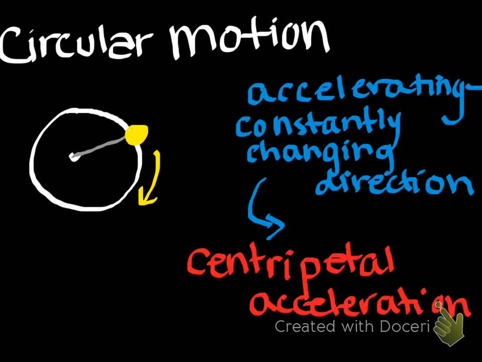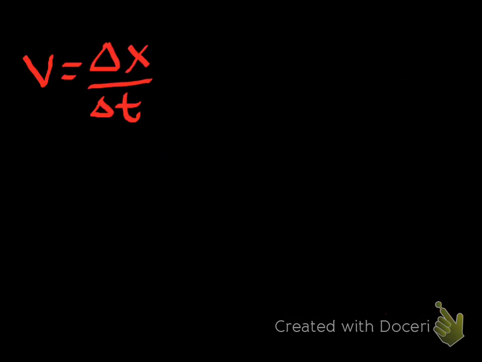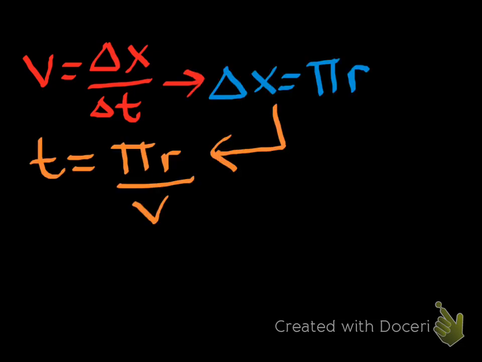There are two ways or equations to find the centripetal acceleration of an object. Now let's develop the first equation. Because we know that velocity equals change in x over time, we know that x, which is the circumference, is equal to 2 times pi times the radius. Because time is equal to distance over velocity, we can say that